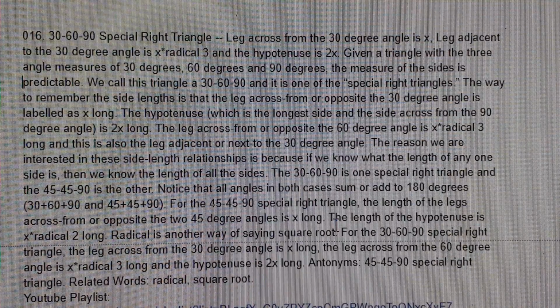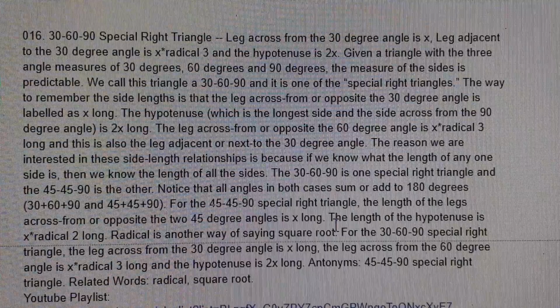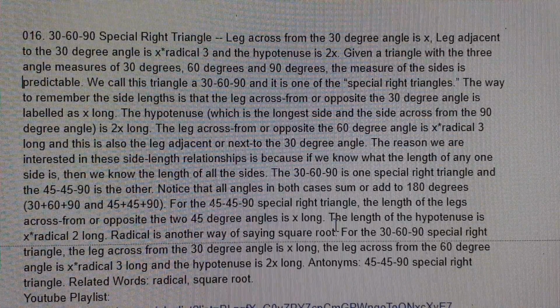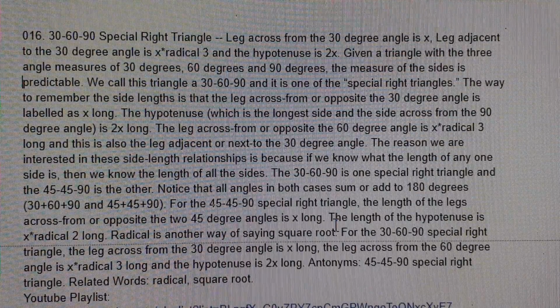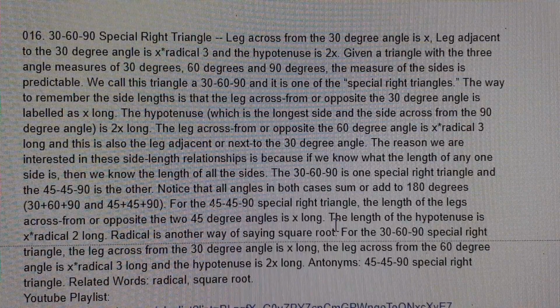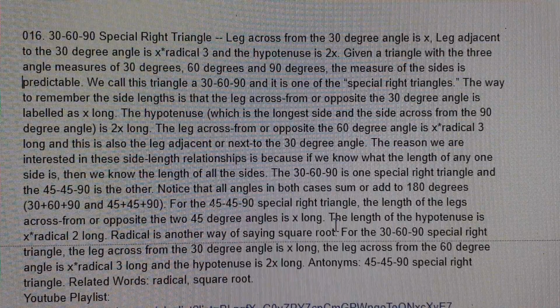Given a triangle with the three angle measures of 30 degrees, 60 degrees, and 90 degrees, the measure of the sides is predictable. We call this triangle a 30, 60, 90, and it is one of the "special right triangles." The way to remember the side lengths is that the leg across from or opposite the 30-degree